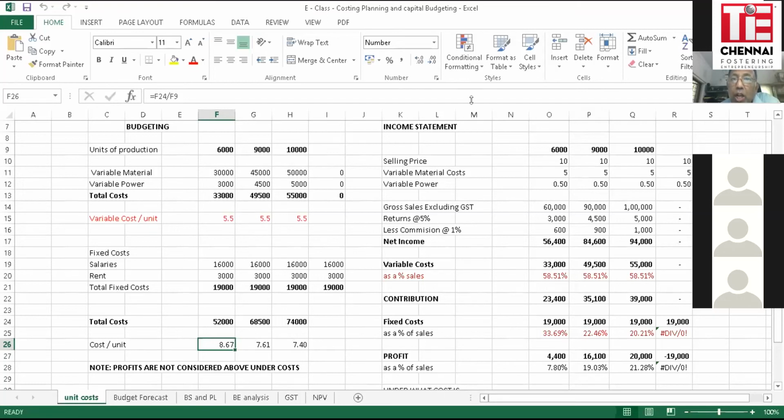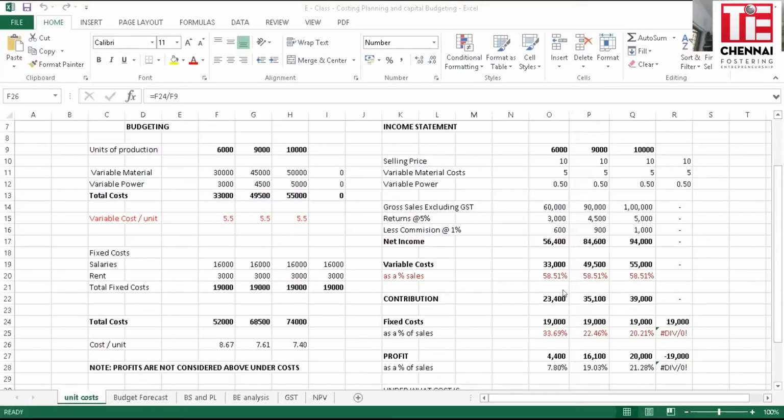I will just take a pause to look at any comments you might have on this before I move on to break even, which is equally critical. Please send the message if you have time to ask. Let me move on to break even. Maybe there are some issues there. Can we have a look at the Excel one? Certainly, we can have a look at Excel. That's what it's there for.